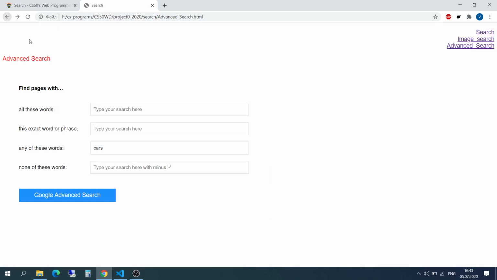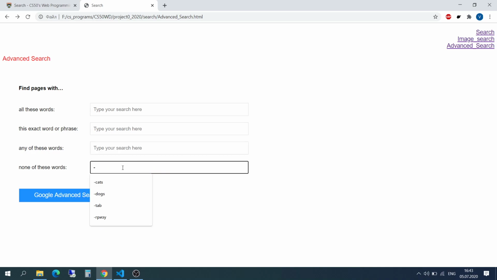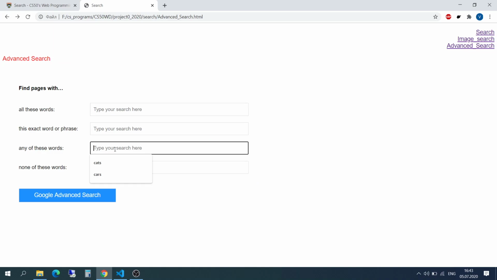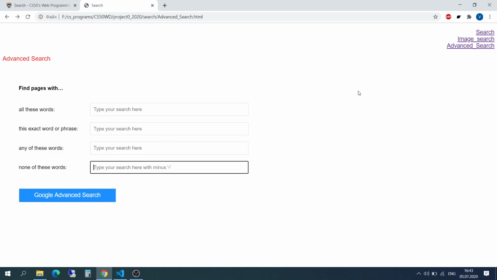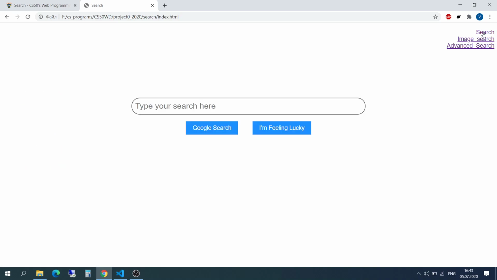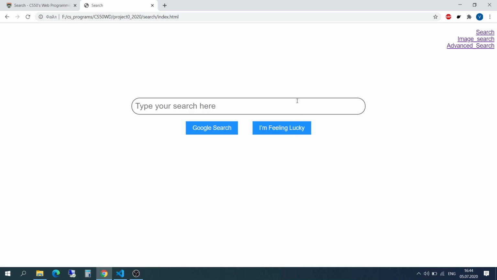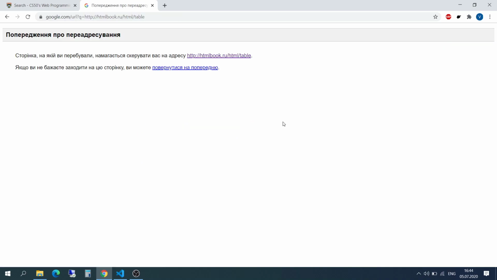Here. Advanced search looks like Google's own advanced search page, and on the main page we have the I'm Feeling Lucky button, which redirects us to the first search result